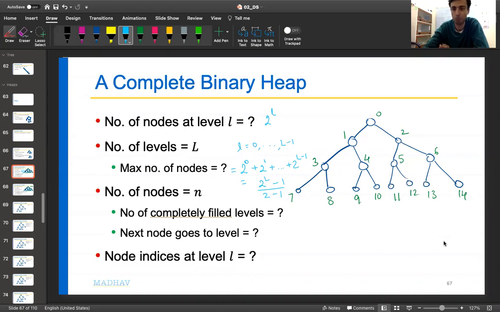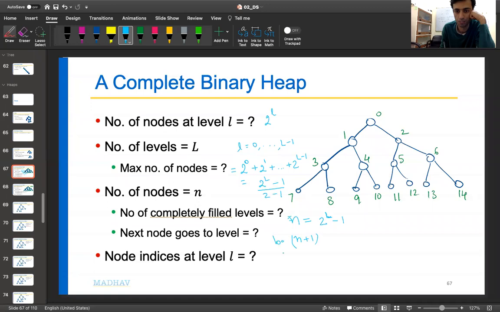Yes. I don't know how you have computed, but I can tell you how I computed this. Generally, from here I know my small n is basically equal to 2 to the power L minus 1. This is the maximum number, right? If all the levels are filled, but if something is unfilled, then the number of levels is L minus 1. Right? So what I will do is I will say n plus 1